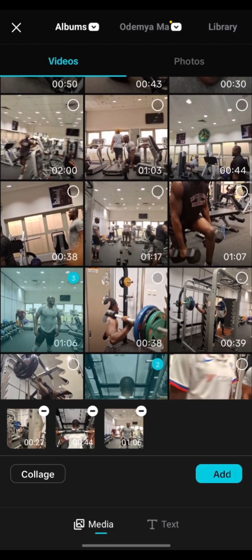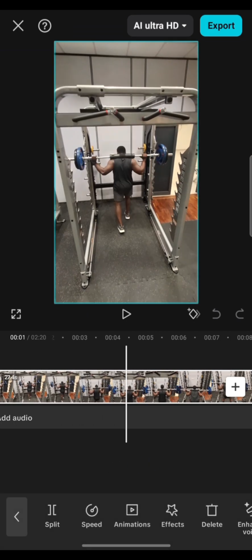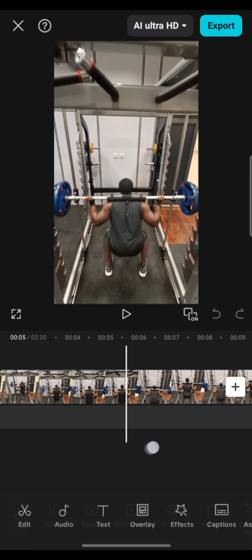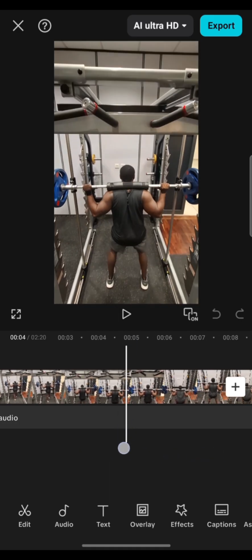Alright, don't get distracted yet. Okay, so this is how to cut a video. You see this split? In some apps it shows cut. So wherever my cursor, this white vertical line running through this clip, wherever